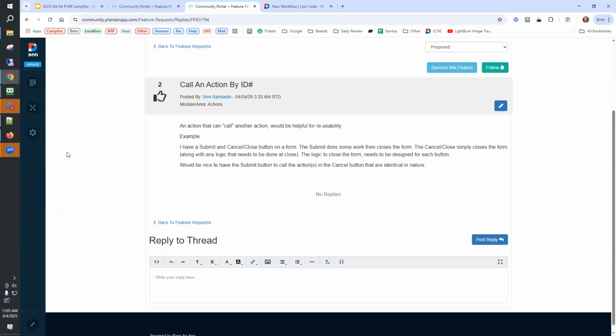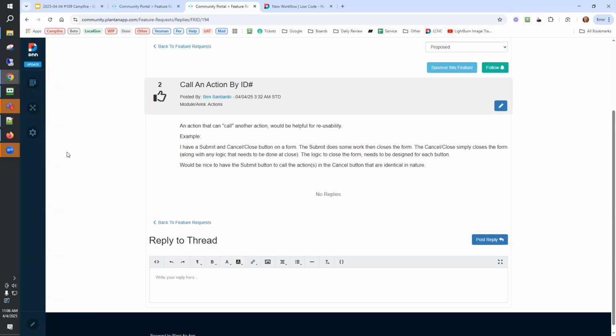I think saying run this other button is probably, there's two comments to that. One, I think it's probably more complicated than what I'm proposing. And number two, it limits you to also say that it will run every action that that button has. You no longer have the ability to granularize your request on the actions.